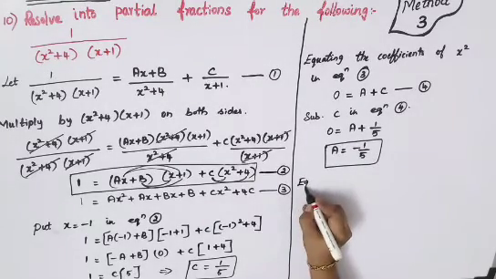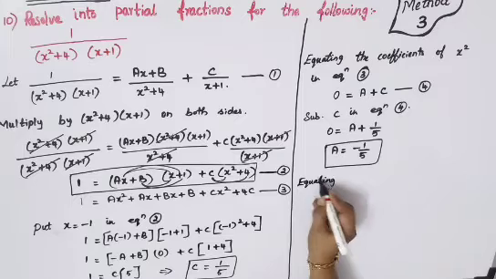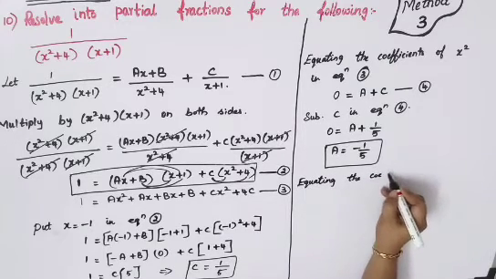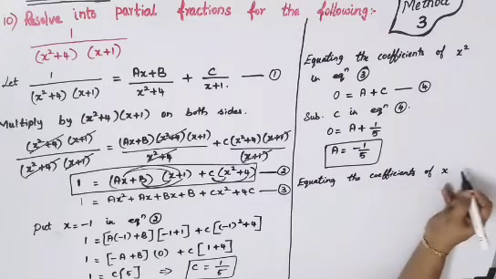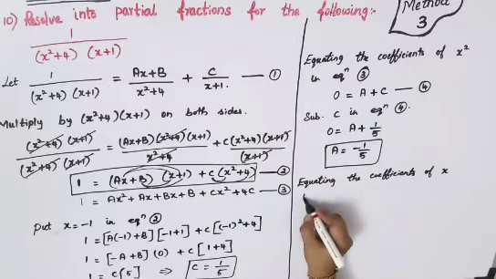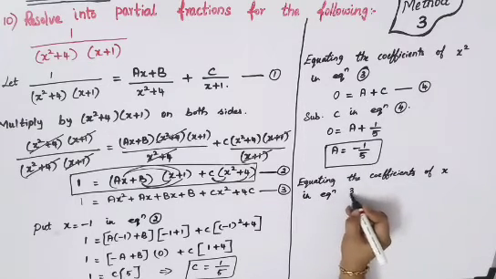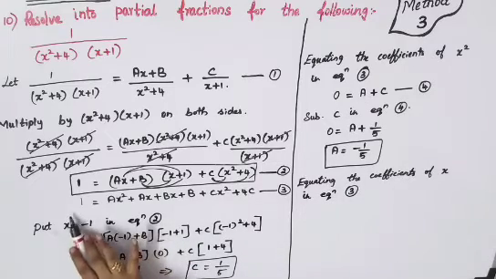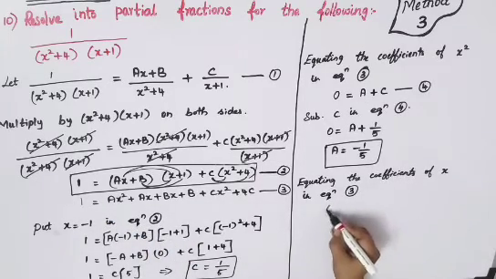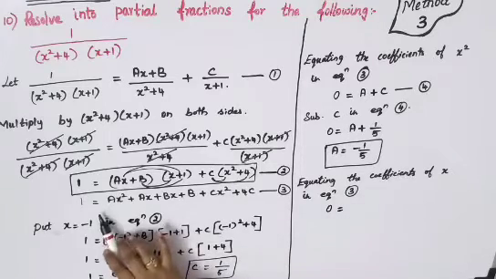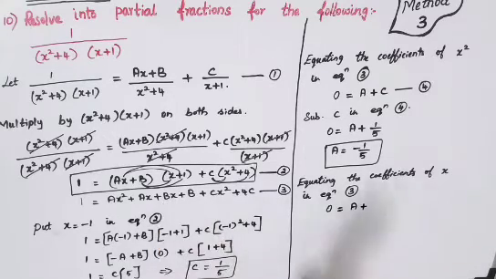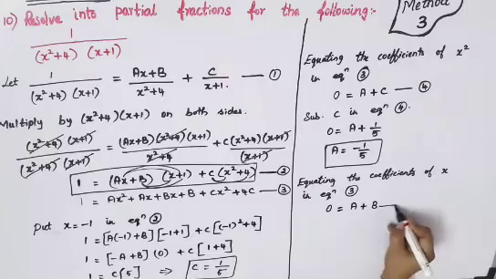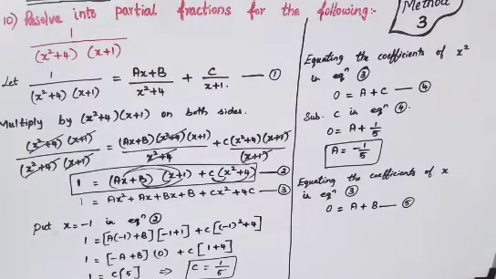Next is equating the coefficients of x. Already we have finished x square, so we'll go for x in equation 3. So just see the coefficient of x. Here in the left hand side nothing is there, so again you can write 0, that is equal to, here the coefficient of x is a, plus one more coefficient of x is b. So a plus b. We'll mark this as equation 5. Now we have got a before, so just substitute your a, and you will get your b.